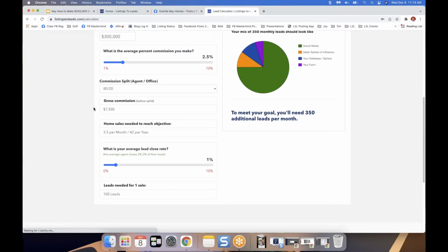Your gross commission is going to be $7,500. So for every listing you sell, based on that criteria, you're making $7,500. After the split, $6,000. And so you need 3.5 listings a month, or 42 a year. Again, you want to make $250,000, your average price point is $300,000, your average commission is 2.5%, and your split is 80-20. All of that is adjustable. So you need to be thinking, well, I've got to get 3.5 homes sold